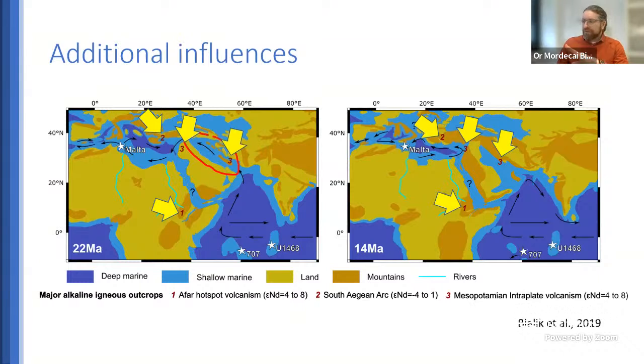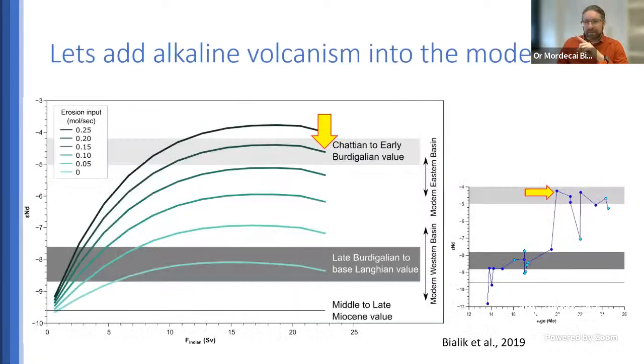So with that in mind, we can do some modeling. We can make some assumptions about reasonable erosion rate. And if we add that on this little gateway, we can basically fingerprint the gateway waters, which are going to be very radiogenic. So the more water coming from the Indian Ocean through this gateway, the more they get fingerprinted by it, and the more radiogenic the neodymium is going to be.